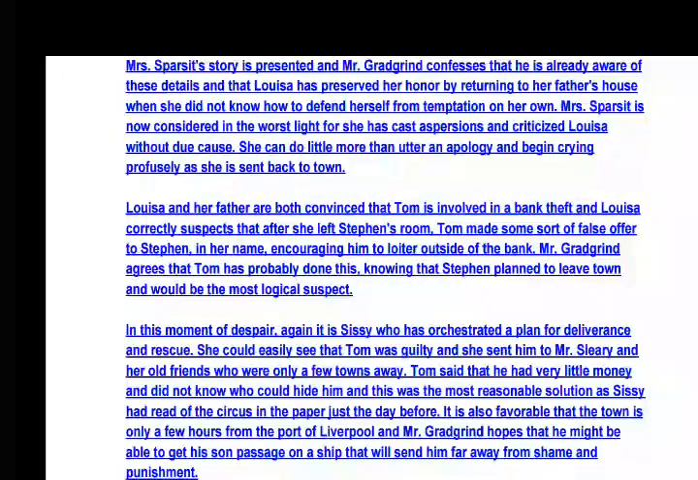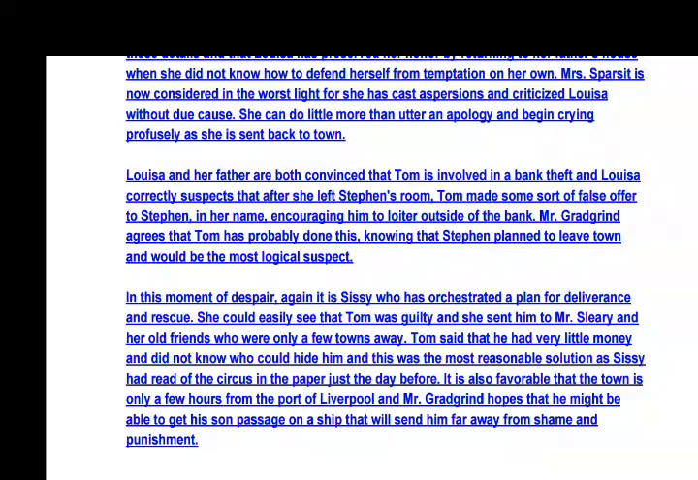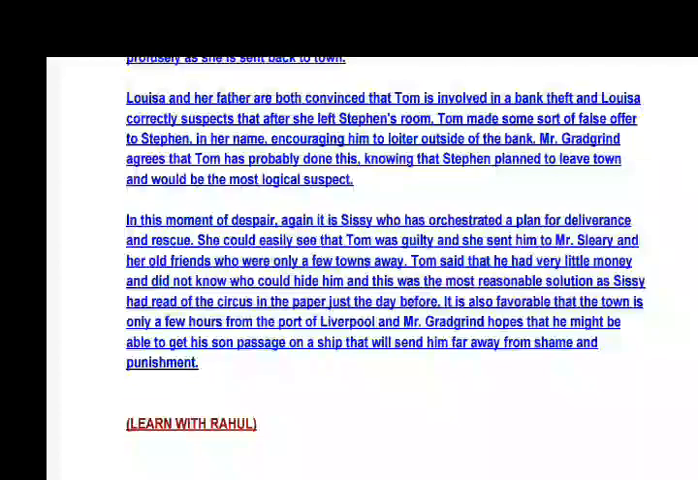Louisa and her father are both convinced that Tom is involved in the bank theft, and Louisa correctly suspects that after she left Stephen's room, Tom made some sort of false offer to Stephen in her name, encouraging him to loiter outside of the bank. Mr. Gradgrind agrees that Tom has probably done this, knowing that Stephen planned to leave town and would be the most logical suspect. In the moment of despair, again it is Sissy who has orchestrated